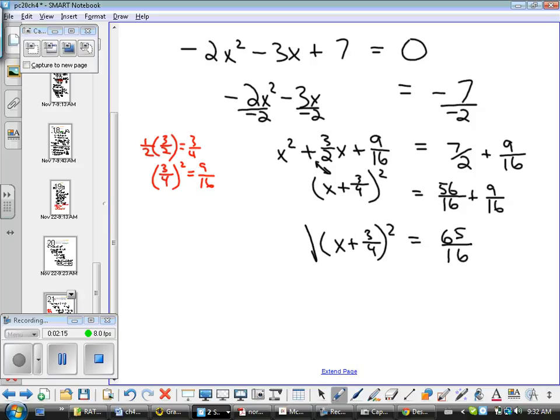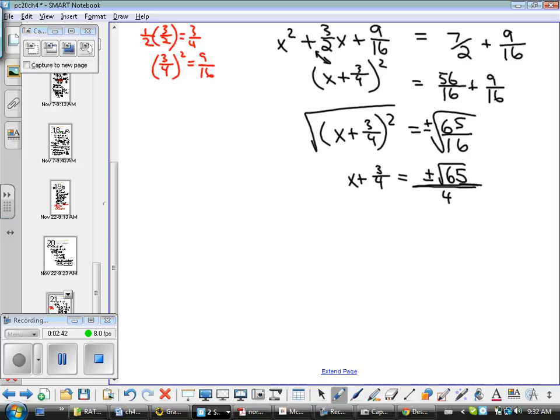To continue to solve, I'm going to take the square root of both sides, taking plus or minus the square root on the right. That leaves me with x plus 3/4 over here. And over here, I can't simplify 65, but I can simplify 16. So I'm going to go plus or minus root 65. Now the denominator is not under the radical sign anymore, and that's just a 4. So when I solve this, I'm going to go